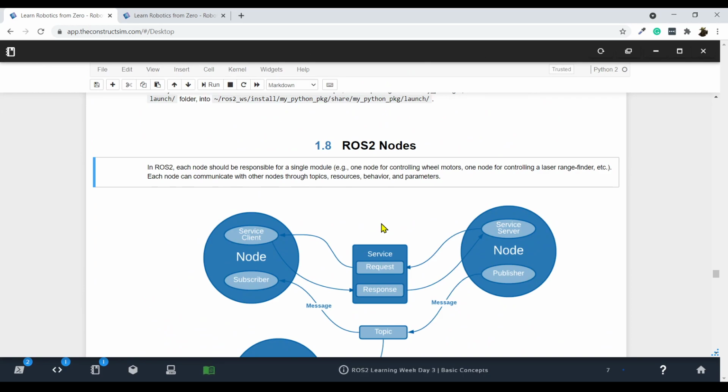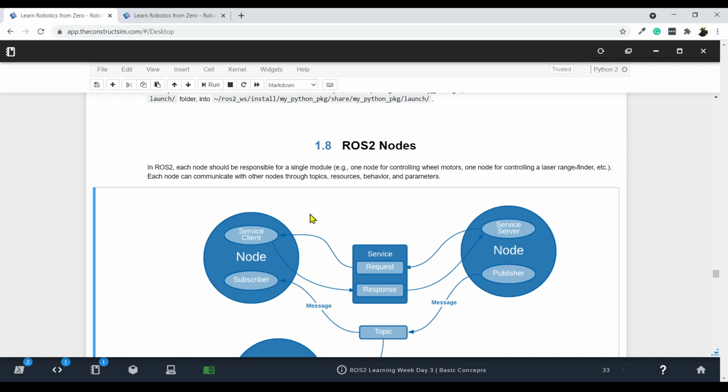Let's say that a node is going to be responsible for one program, one process. Each node should be responsible for a single module. So one node for controlling wheel motors, one node for controlling a laser rangefinder, etc. Basically each node is going to control